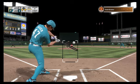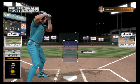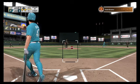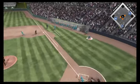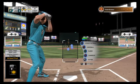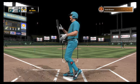Ready to deliver. Here's the first pitch. And that's swung on and fouled straight back. The 0-1 pitch. Runners breaking for the plate. Another one fouled off, and he's quickly behind 0-2. Fouled off into the seats behind first. Obviously, he wants to help himself out right here. With 2 strikes, that's going to be difficult to do. Let's see. A swing and a miss. That retires the side, and